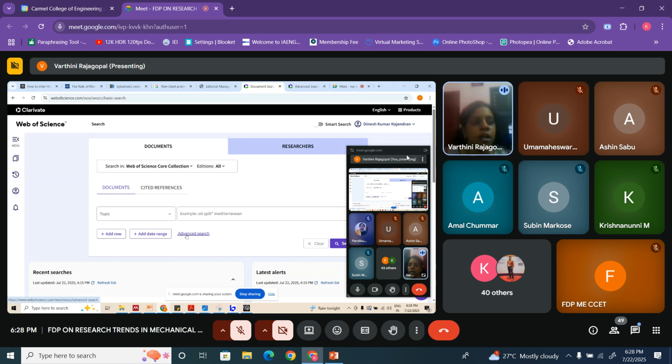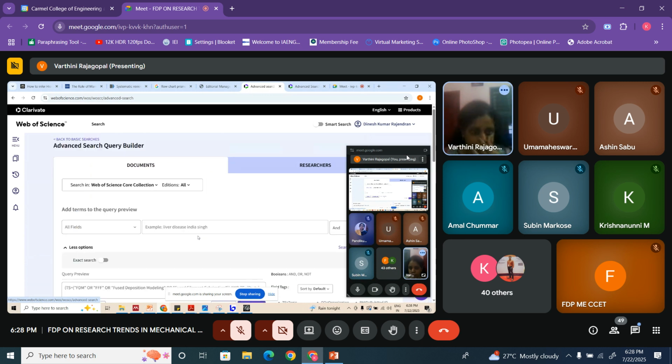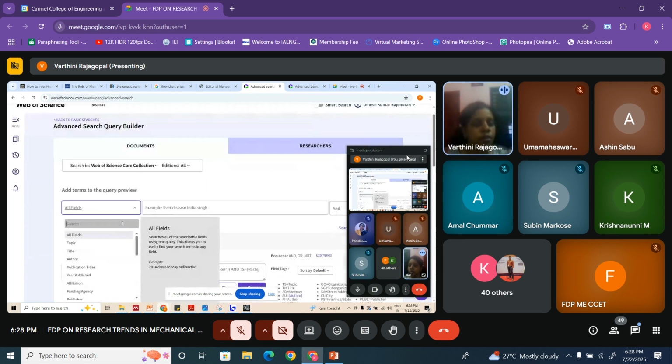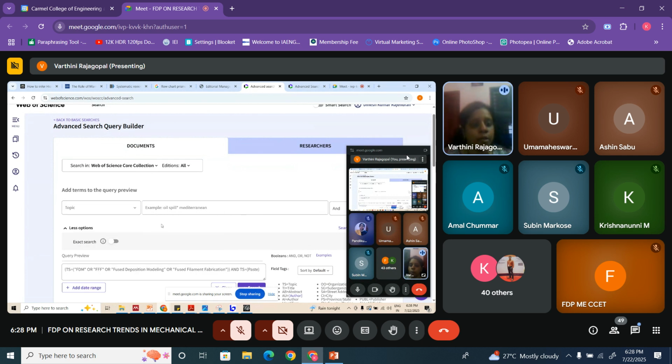So I'm logged into Web of Science and I'm searching in documents. I'm going to advanced search. I'll change the all fields to topic, because topic will search the papers across the abstract, keywords, and title. So I have already